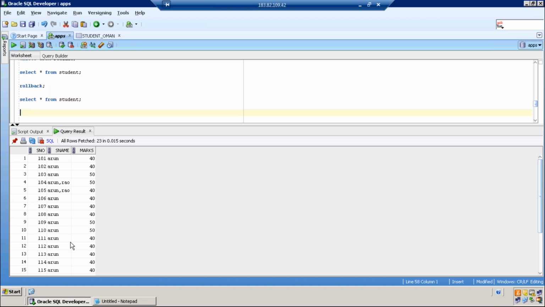Okay. There is one more command, commit. We did not commit anything, so we need to run the rollback. As we have not committed, you are able to roll back. When you commit, you cannot roll back the data. I'll tell you in detail when you're learning about commit and rollback commands, which is part of transaction control language.